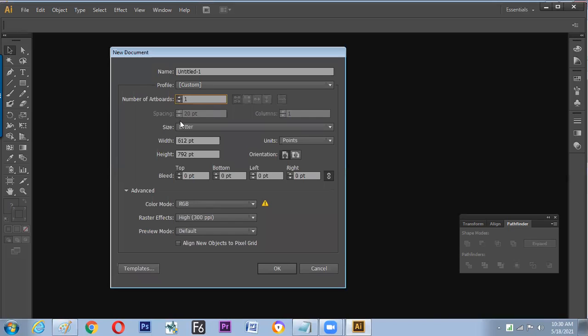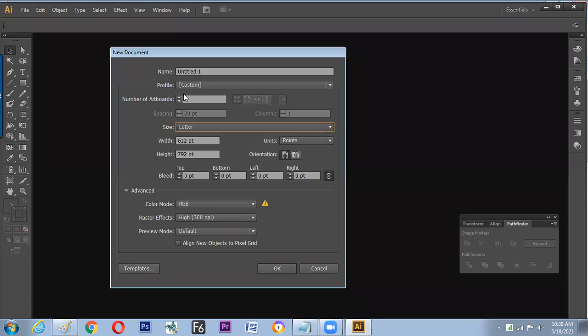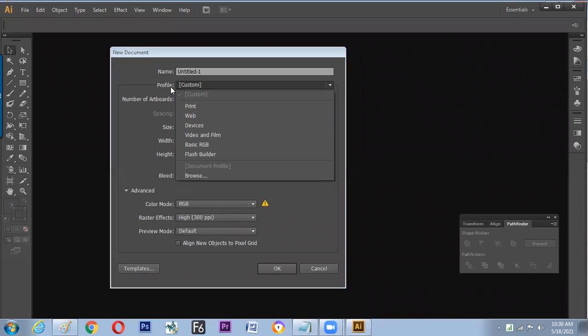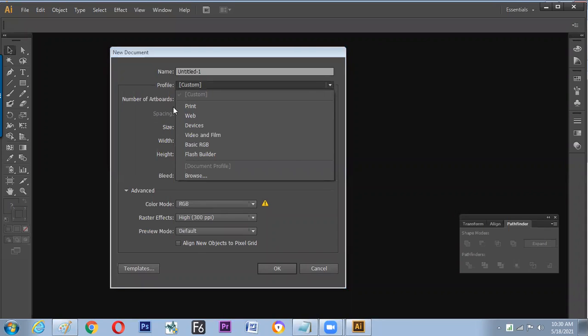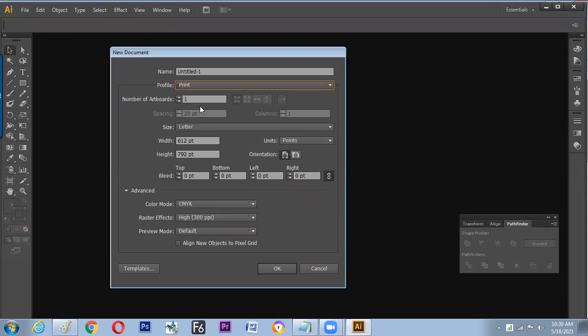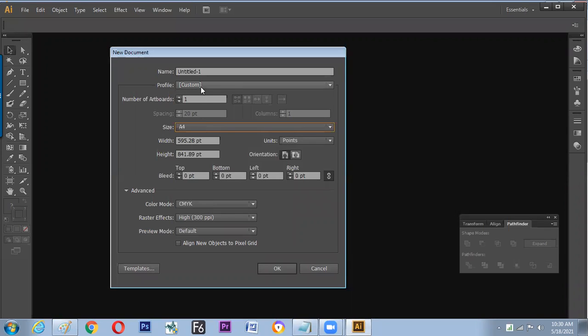Fine. So this software is used for various industries. As per the industry concerned, the sizes are fixed over here, and we can change the industry name from the profile. So profile is a place where the industry name is, because this software is used for the print industry, web industry, film industry. So you can switch to that particular industry name, and the sizes mostly used in that industry are available here. Now I'm taking the print industry. Inside print, we are using A4 size paper. So yes, the size is already fixed. You can go for OK.